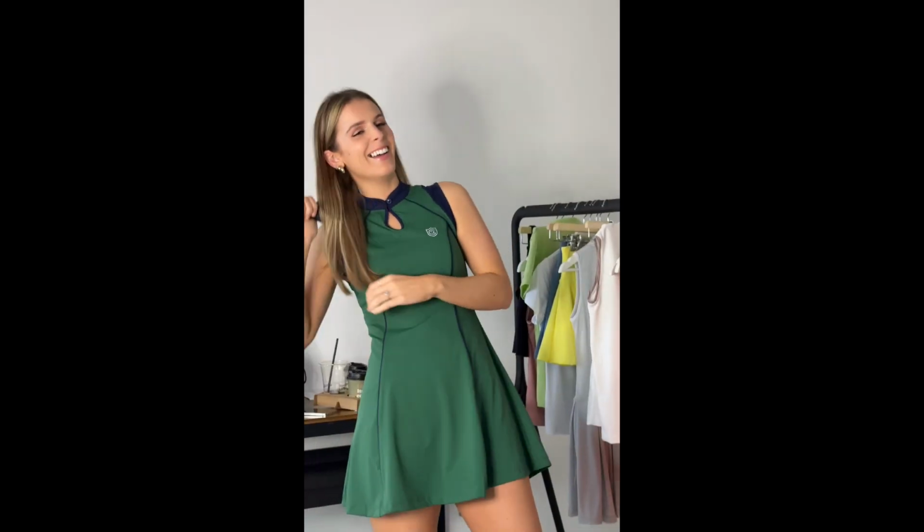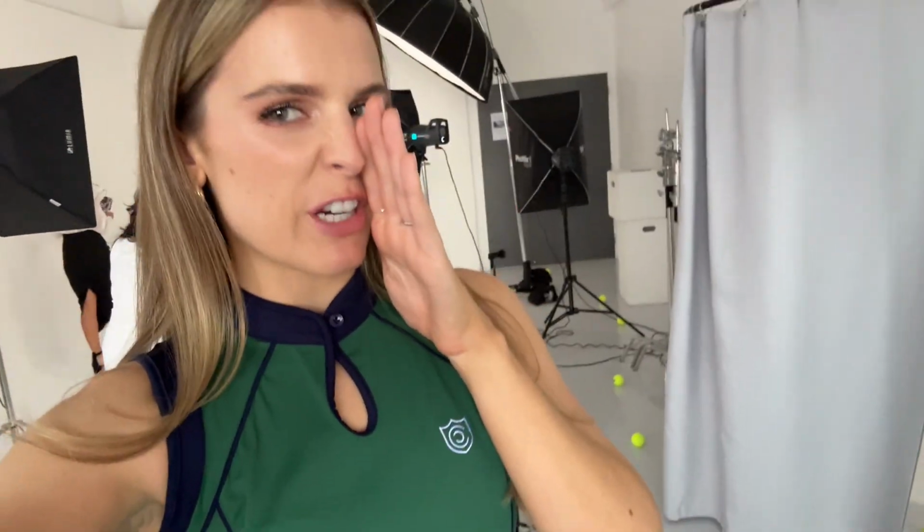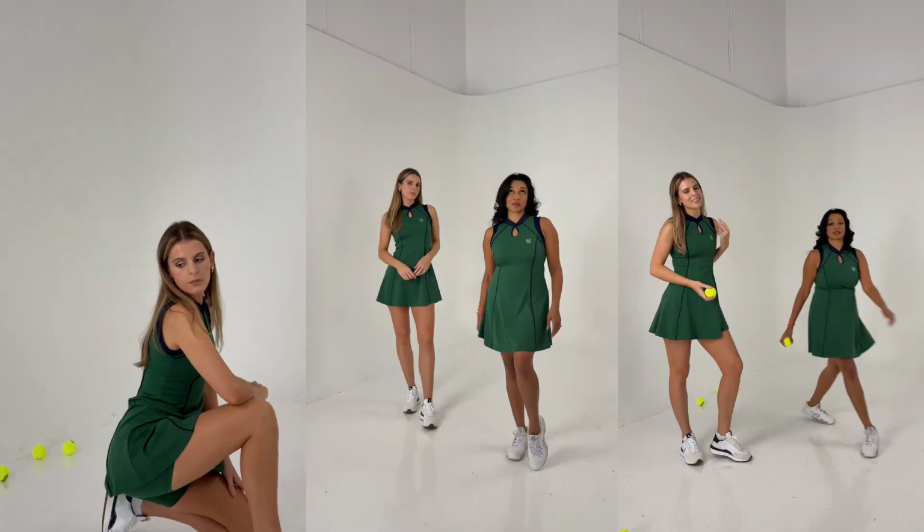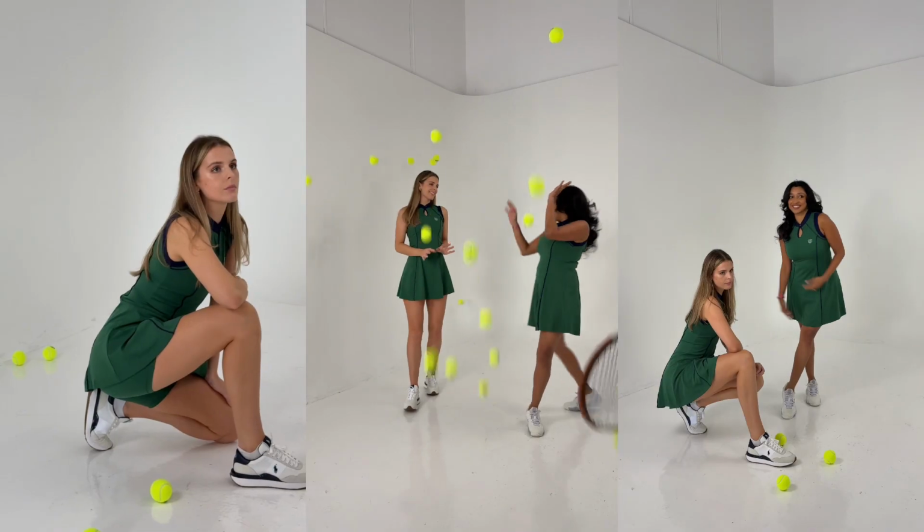Sara, I don't know what you're gonna say. The second look. And my favorite. Love this dress. I absolutely love it. Like, I think this one's my favorite. Like the fit is just